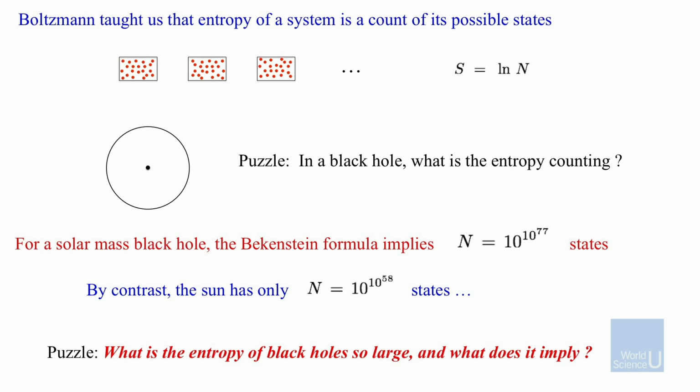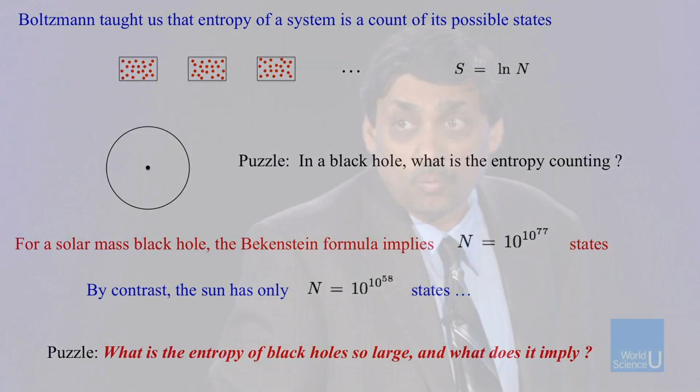As we said, entropy is a measure of disorder. The atoms in a gas can be in this position, or that position, or that position, and the number of different positions they can have, if that number is n, the log of that number is called the entropy in the box. How many states does the black hole have? It seems to have just one state. Everything has gone to a dot in the middle, and the rest is empty. If I put 1 for n, what is log of 1?